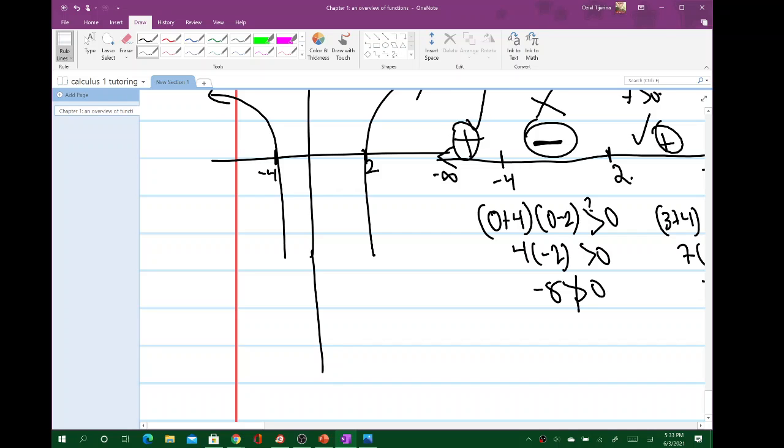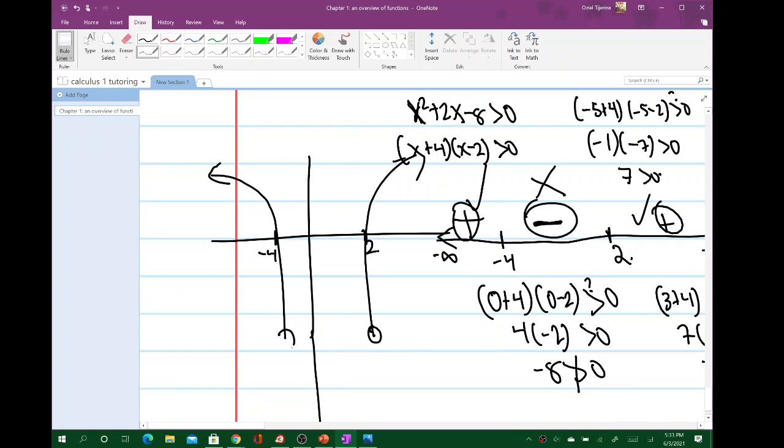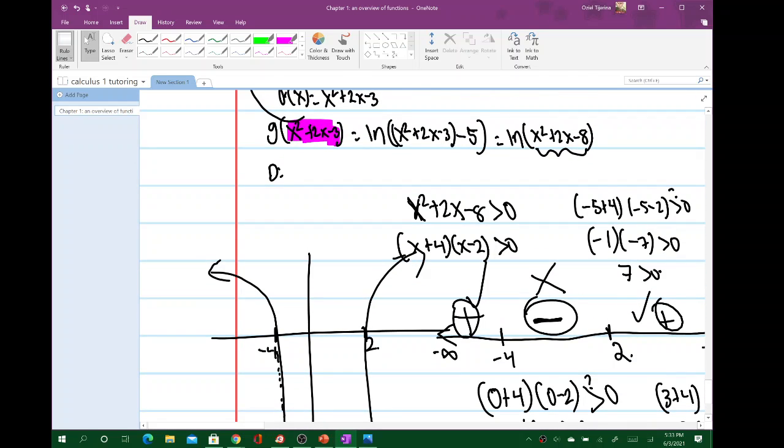And basically, for example, at x equals -4, it's not defined. So basically the domain is going to be from -infinity. This one's a little tricky. It's from -infinity to -4, parentheses, because it's not including -4, union,